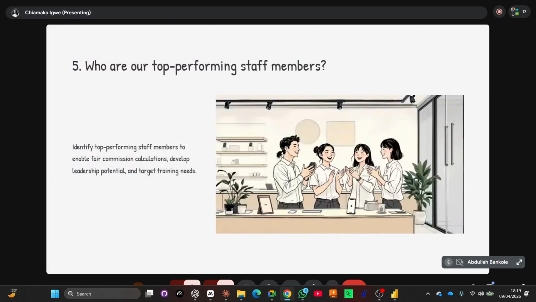Then the final question he would like to answer with this particular data set is who are our top performing staff members. This will help him to understand the staff properly and be able to know their performance. It will also help him to ensure that the staff that is performing better is actually paid fairly based on the person's performance. Then he will also know the staff that needs more training in order to be able to